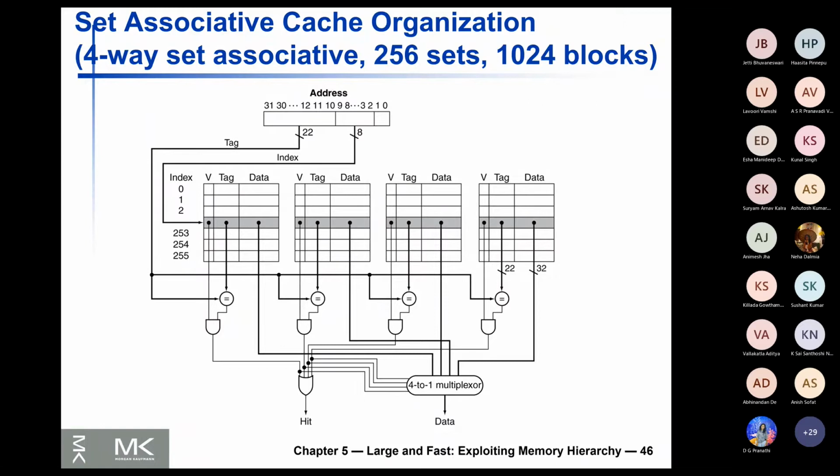This is a logically correct diagram. The logical operation that is happening is a 4-way parallel comparison and then an ANDing, and there is a logical ORing of the results. Remember that the final hit is an ORing of the 4 results. If any one of them hits in the set, the value has been found. So it's a logical OR.